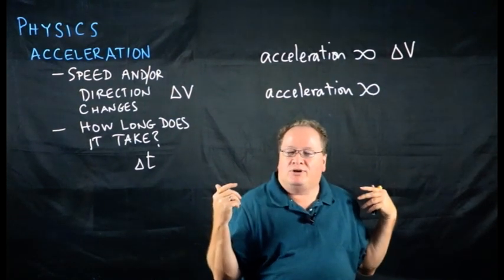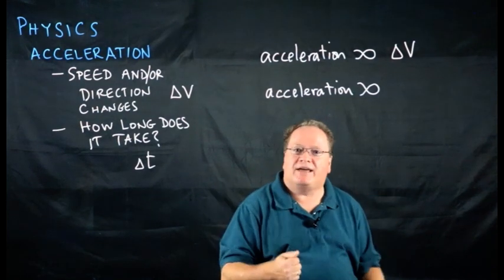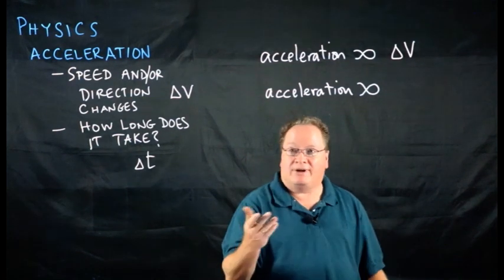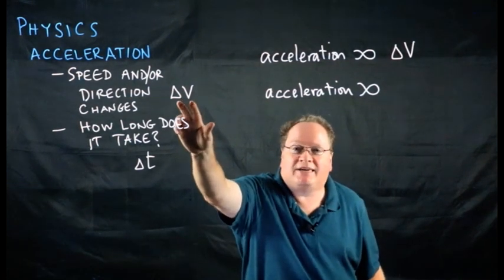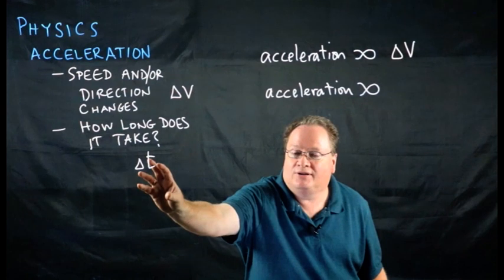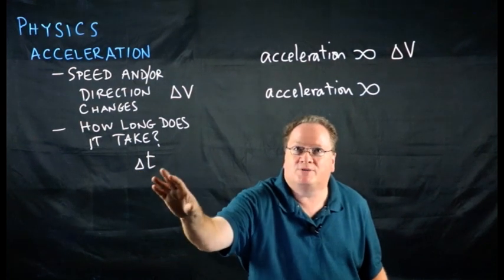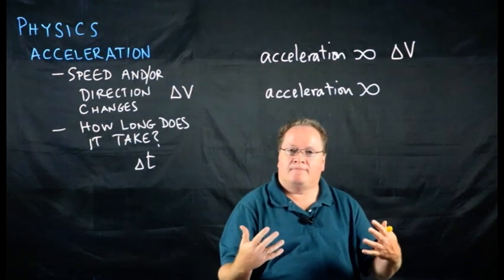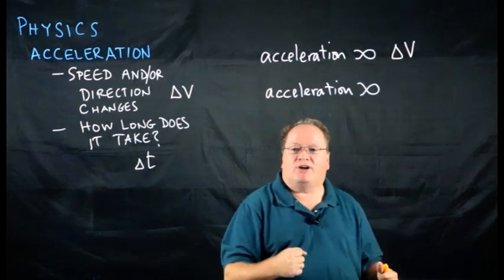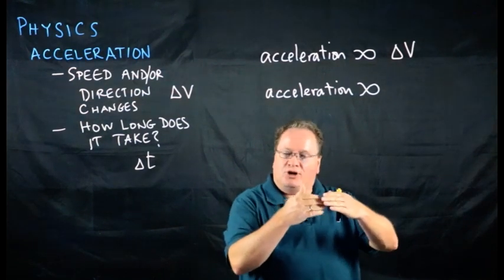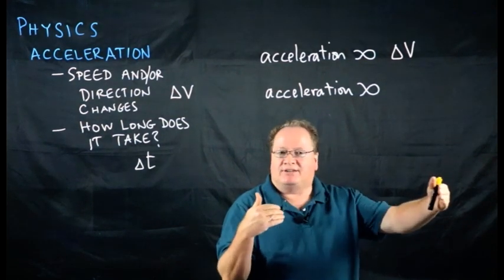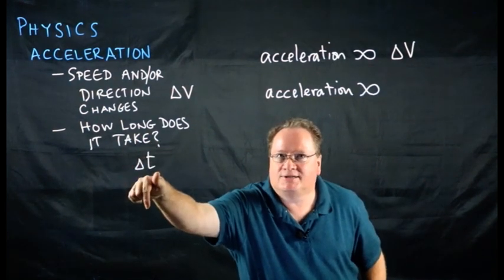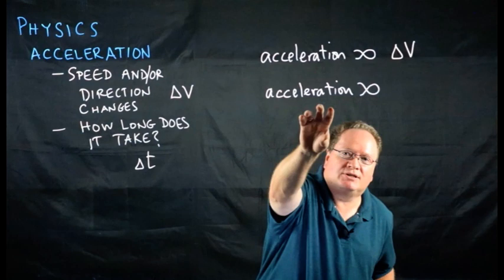Now when you first learn to drive, you probably jam your brakes on, which means you feel this feeling that you're going forward. The reason? You had a change in speed and it didn't take very long. So delta t was small, which meant acceleration was big. I would really feel it. Sometimes maybe you punch on the gas, and to go from 0 to 50 miles an hour doesn't take very long. The smaller that time is, the bigger that acceleration is.